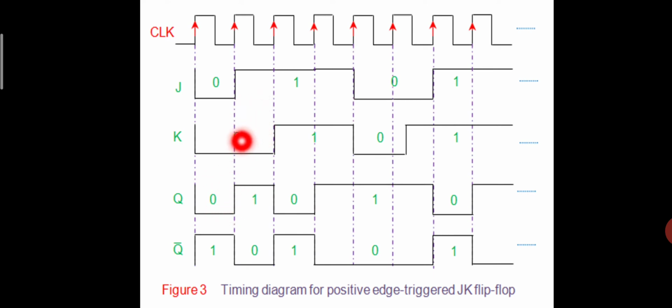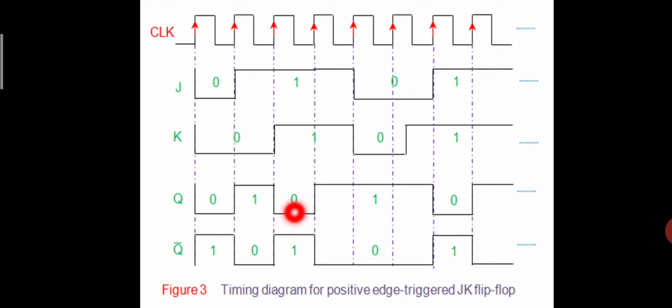So in the next clock pulse, J is made 1 and K is made 0. So during that condition the output is 1 and Q bar is 0. So these first two clock pulses tell that the output is in memory state, and at the next clock pulse, J is 1, K is 0. So during that, again Q is 0 and Q bar is 1.